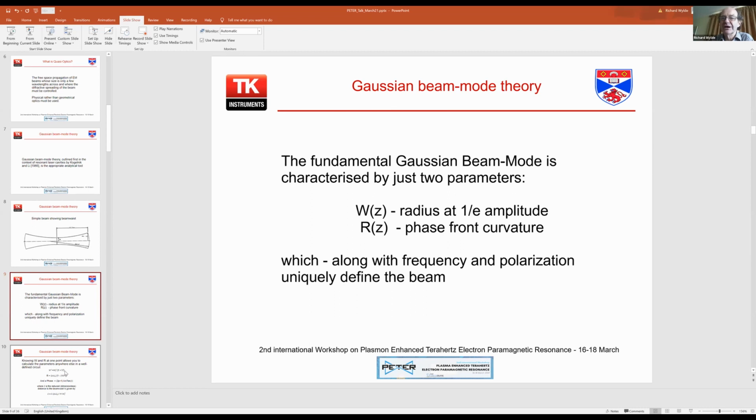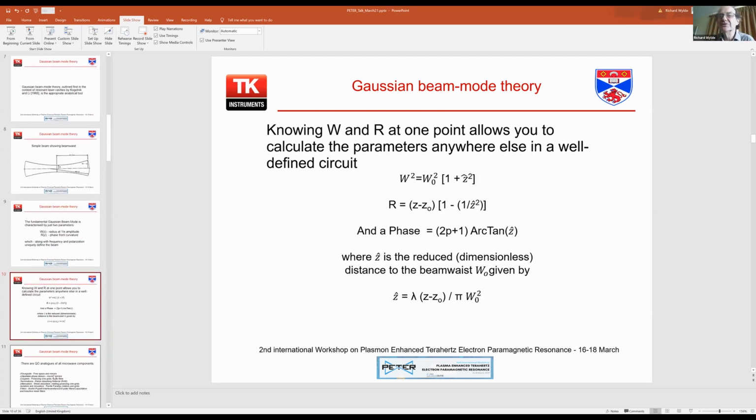radius of curvature. And there are some really very, very simple formulae, which I make my living out of, Thomas Keating makes a living out of, which can be used to calculate how a beam will propagate in what can be potentially really quite complicated circuits. And the sort of view that we take,